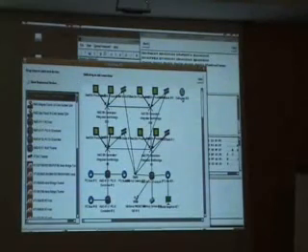Go ahead. All right, so the serial port interface. SimNow's serial port interface can be used